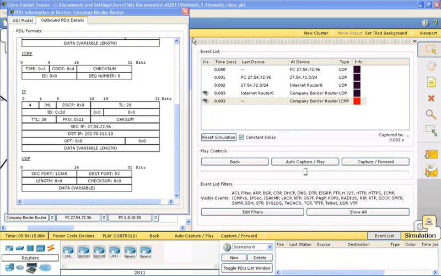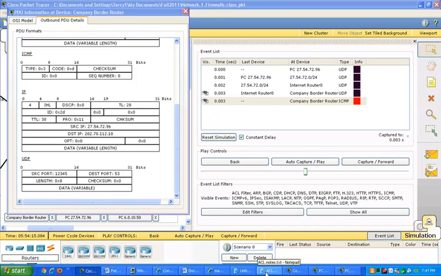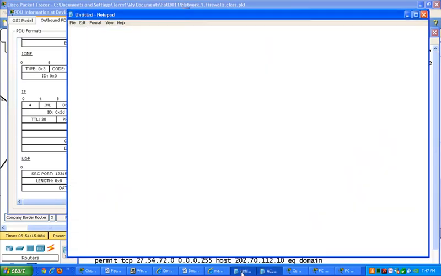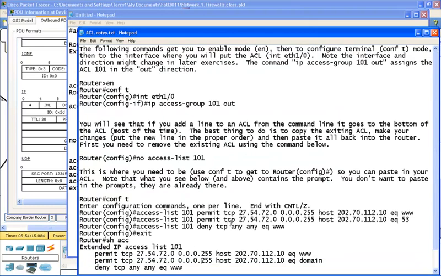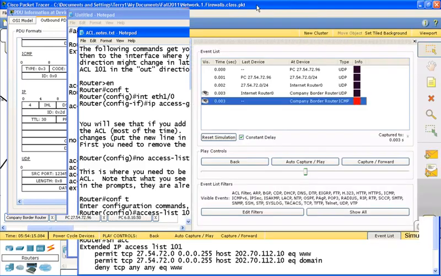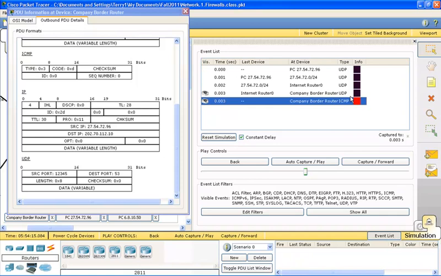And the reason this failed, if you recall, is my original ACL here allowed TCP traffic, see right here, TCP traffic to port 53, but not UDP traffic. So that's what it looks like when your ACL actually blocks something. Now, in the real world, you'd want to go in, and we might do this later,